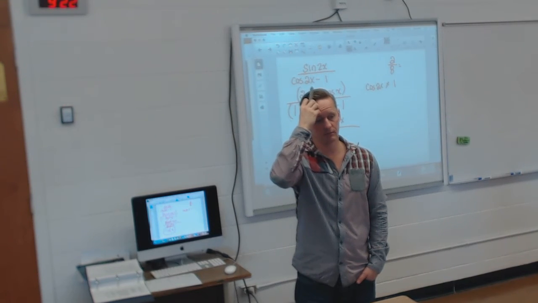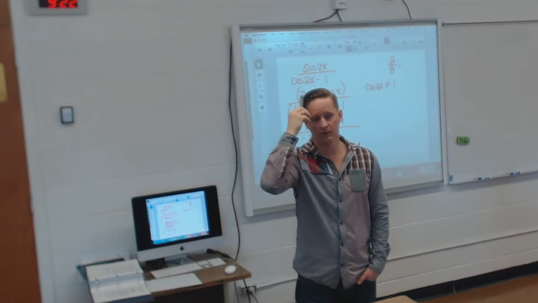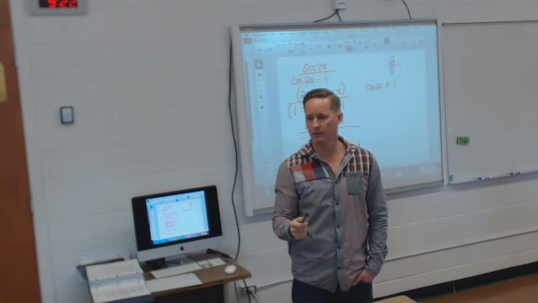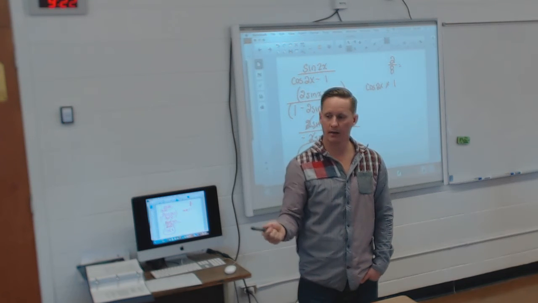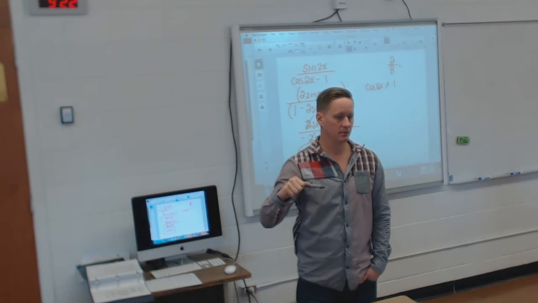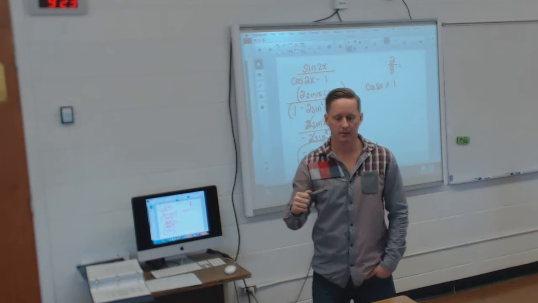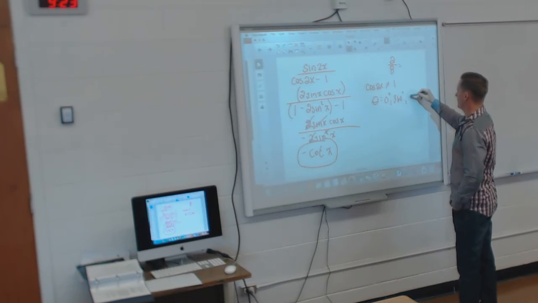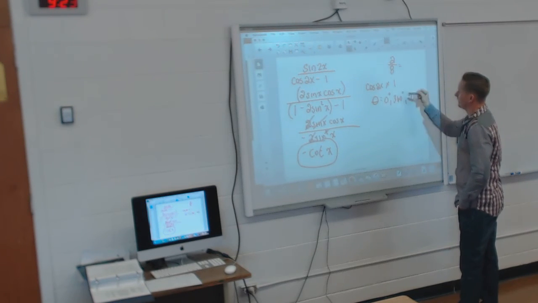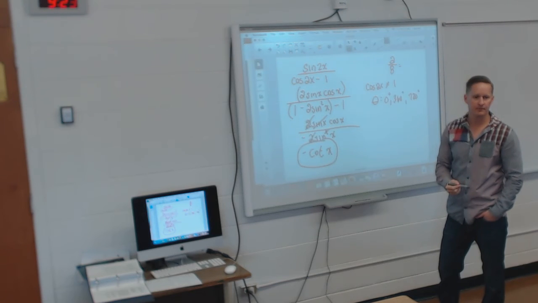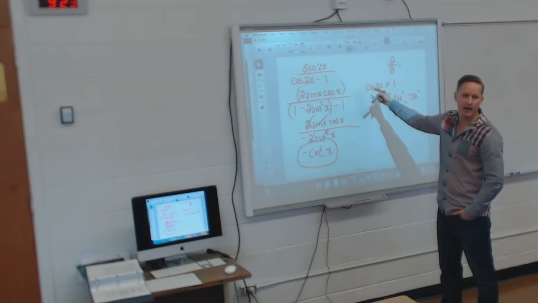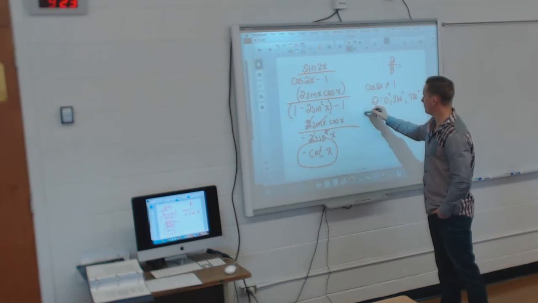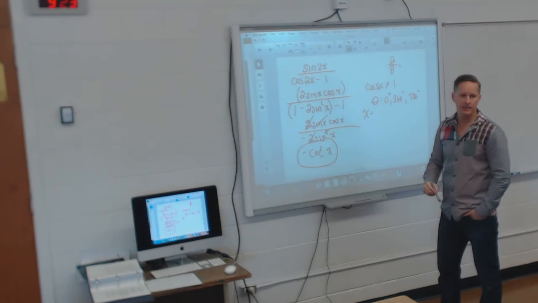0 and 360. So 0, 360, 720, right? We just keep going around the circle. Fair enough? So that's where theta is 0 degrees, 360 degrees, 720 degrees, and so on, and then go backwards. Agreed? But like you said, I have 2x here. So therefore, it's where x is equal to